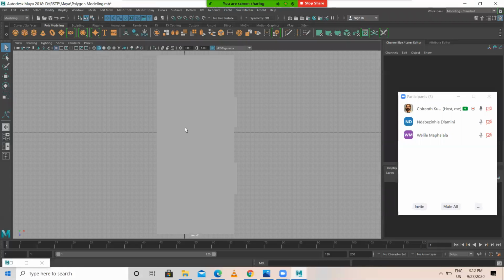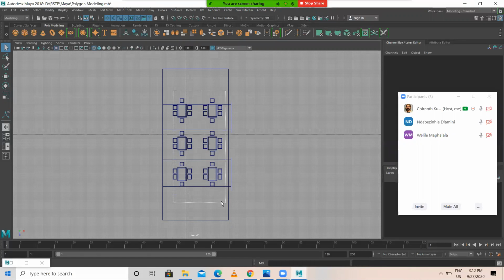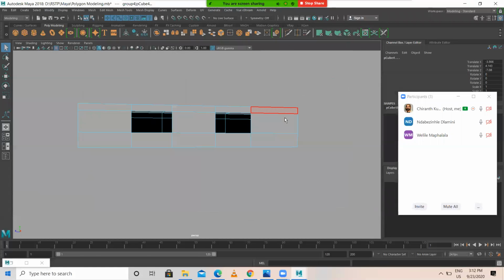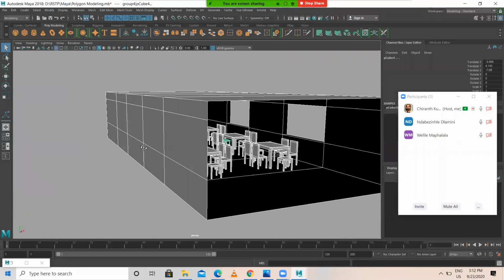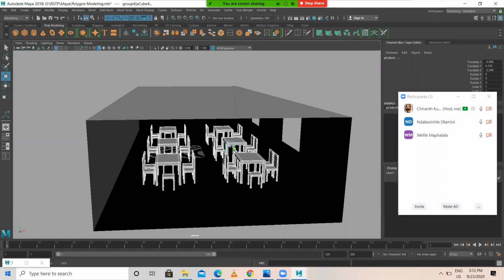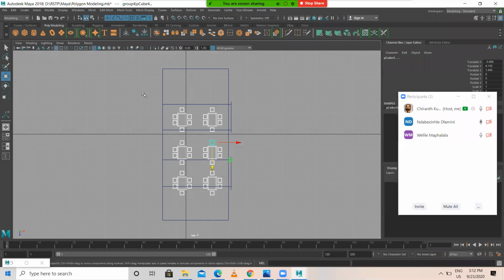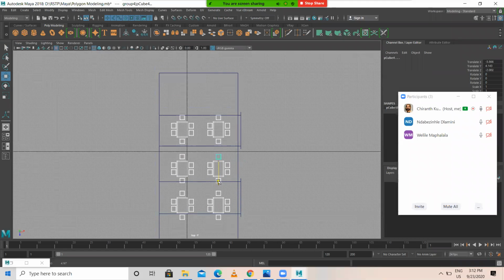Then after this, here one more table I'll add.